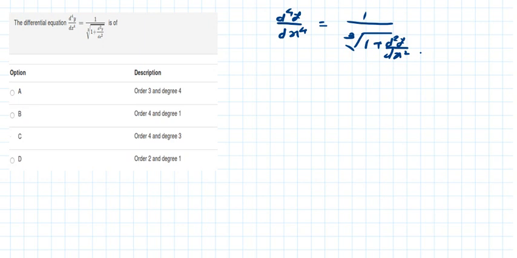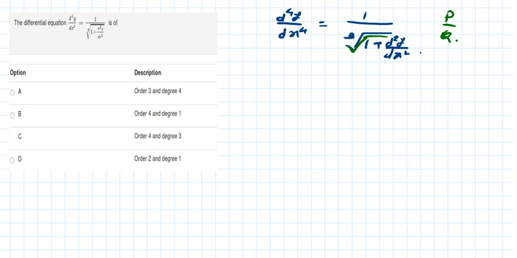So what is order? Order is nothing but the highest order derivative involved in that particular differential equation, and degree is the power of that highest ordered derivative. But the most important thing is it should be free from radicals and fractions, meaning it should not contain terms like this, or like this, and also p by q form. So it should be free from radicals and fractions. So we will try and convert this to the general form.